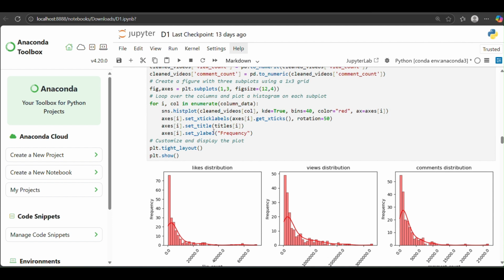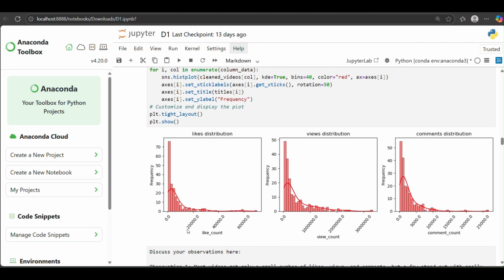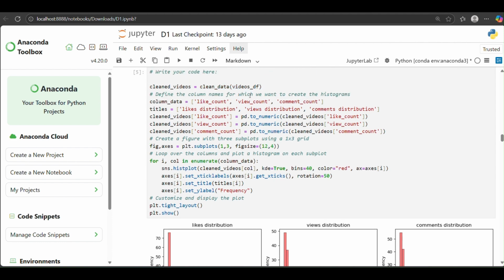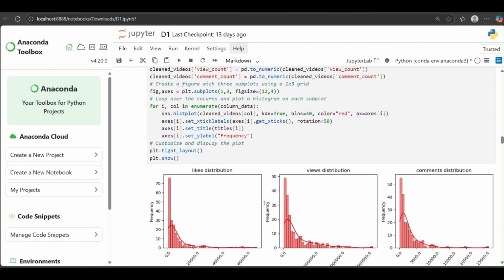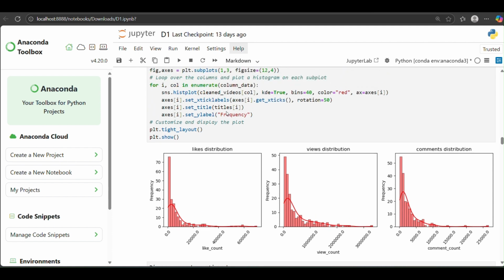Then for all the plots, I specified the x tick labels and rotated them to 50 degrees so that they can be visualized. And then I set the titles using the titles list, which I assigned earlier, and I used plt.tight_layout and plt.show to display and customize the subplots.